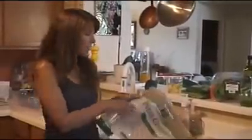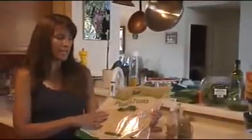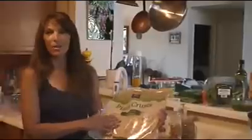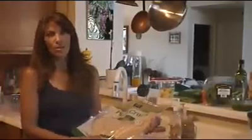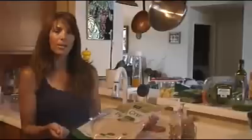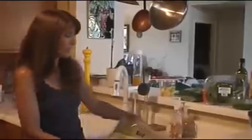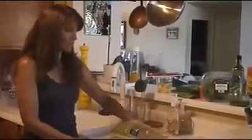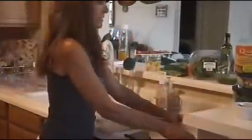So the first thing we do, we always buy organic. That is basic bottom line. We start with our pizza crust. This is a Whole Foods organic pizza crust. This is a whole wheat. I like this pizza crust because it doesn't have a lot of garbage in it. It's very thin. It's really easy to work with. But if you have a gluten intolerance, you can actually get a gluten-free pizza crust. This actually comes with 2 pizza crusts in it, which is really nice. It's kind of a saving,